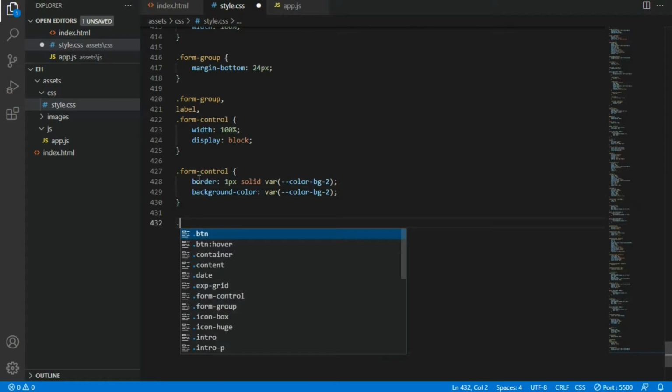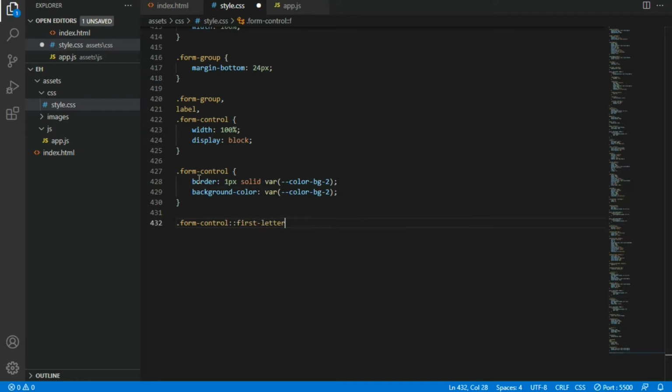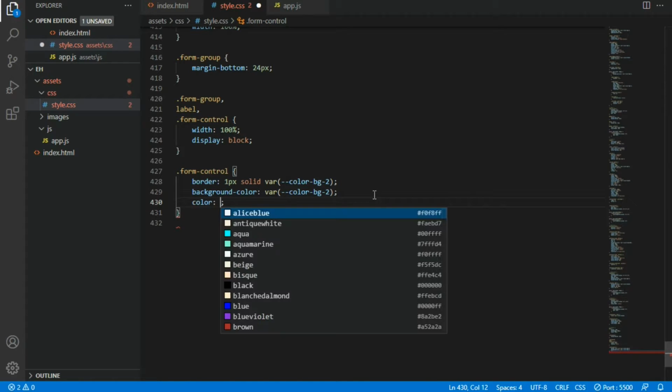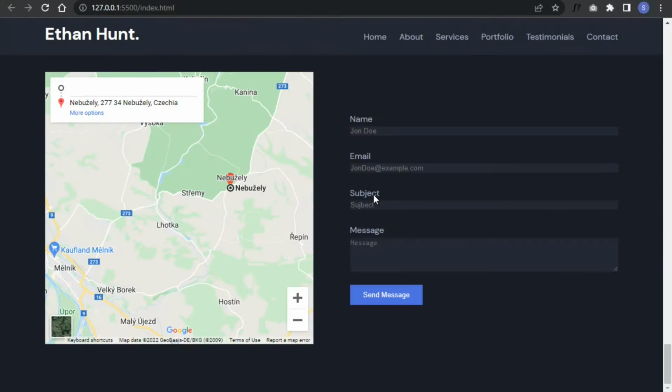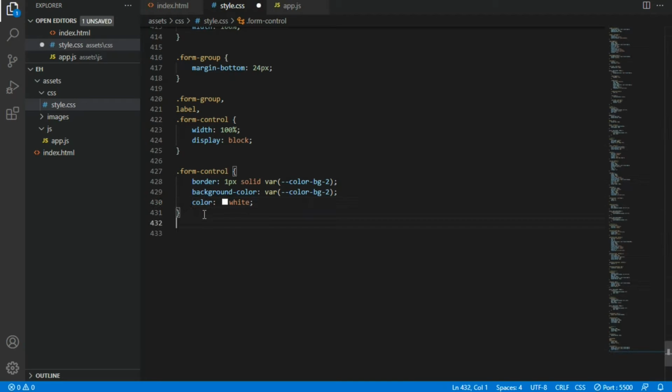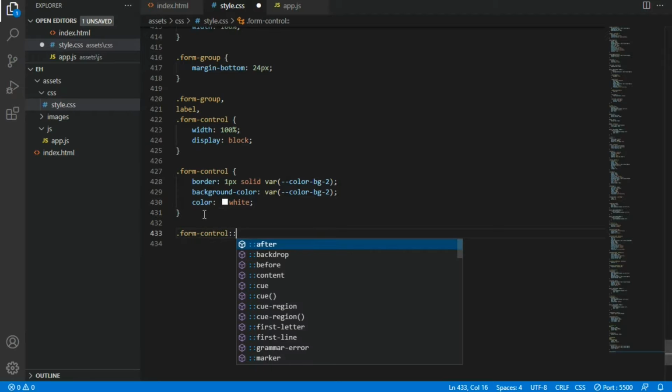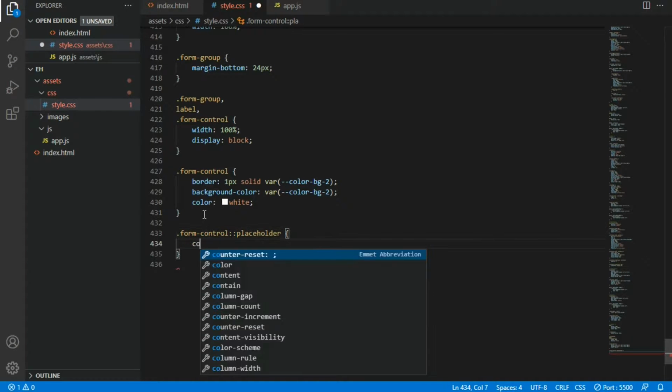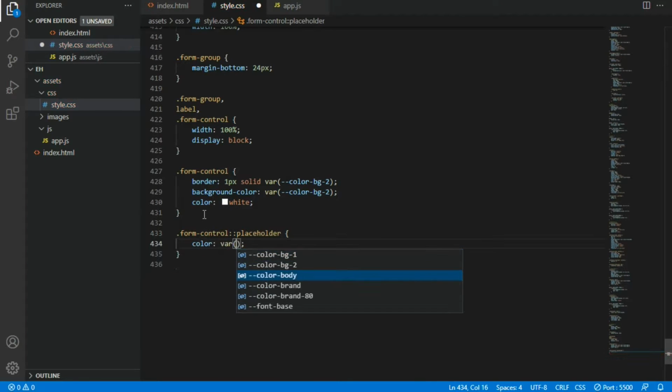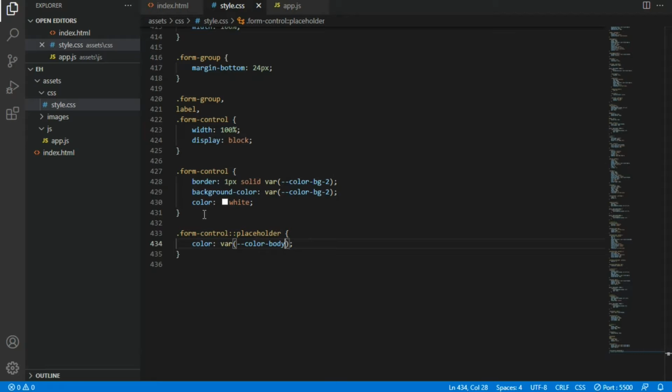and form control on focus, I'm going to change the color first to be white color. So when I type, as you can see, the color is white, and you can see the placeholder text, which is the placeholder color. So I'm going to type form control placeholder. I'm going to give a color body color. Okay, and